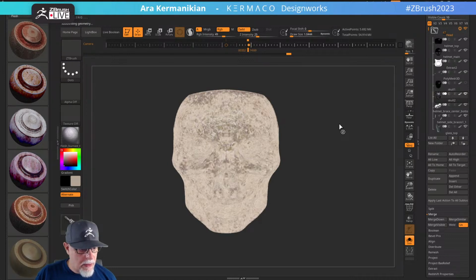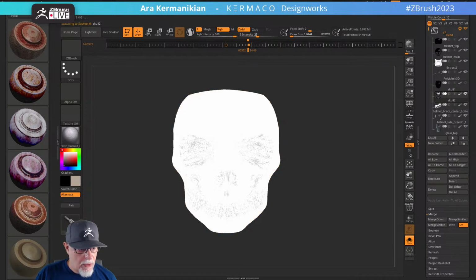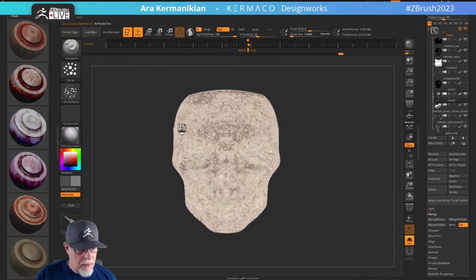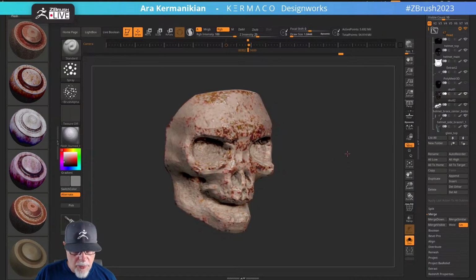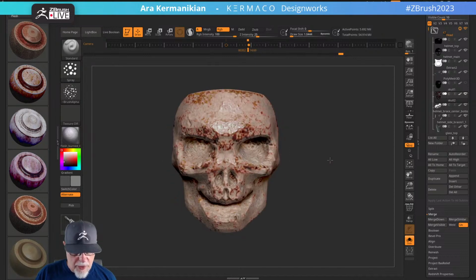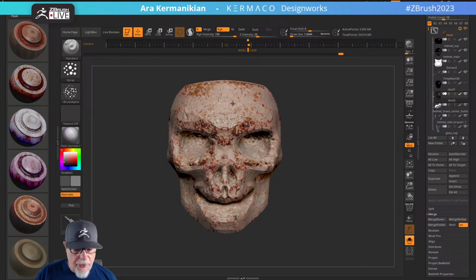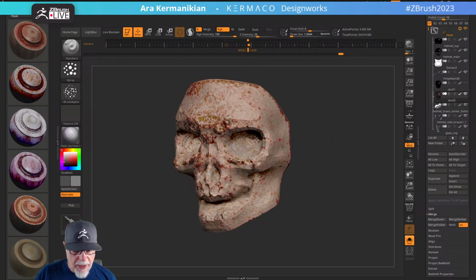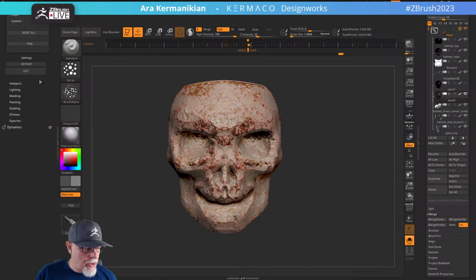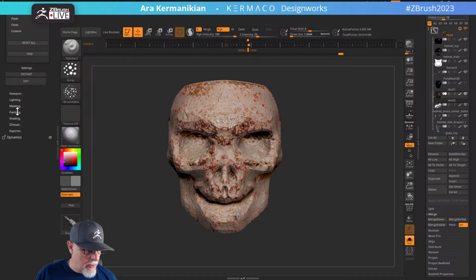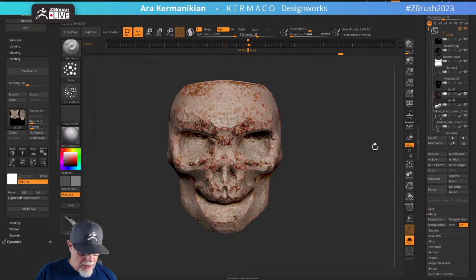And okay, here we go. You can kind of see what it's doing up here. Okay, so this is what it came up with, which actually is not bad just to start out with. But I don't know if I kind of like the skin color, because this is bone, it's not really skin. So the first thing I want to do is change the color, and the way you do that is you go into painting, and all